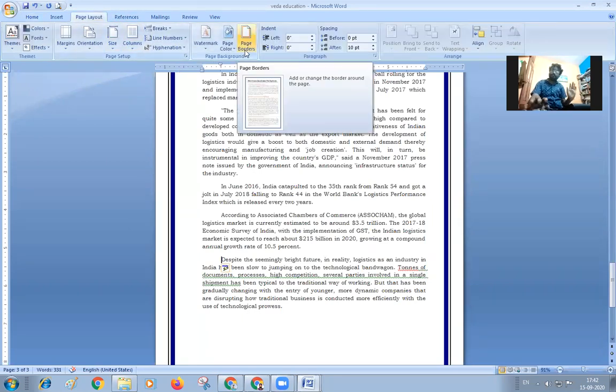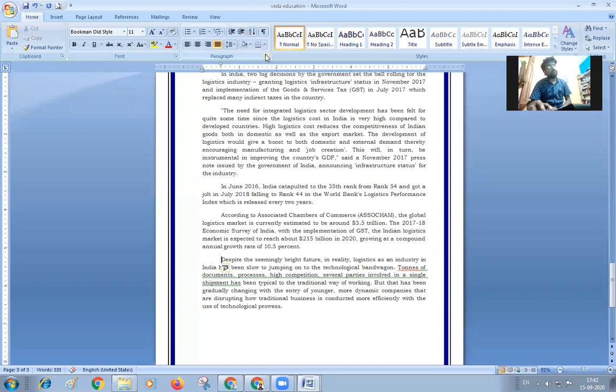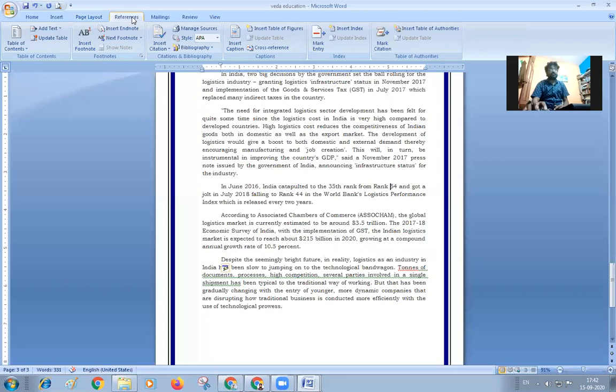You can use the page borders. You can give your own color. You can give your own pattern, textures, gradient effects. All those effects can be inserted. And the spacing before paragraph, after paragraph, and the indent before paragraph, after paragraph is already seen in the Home button in the paragraph options. You already saw that, so I'm not doing it here. And this position, bring forward, send back, we'll be getting later after the completion of some other topics.